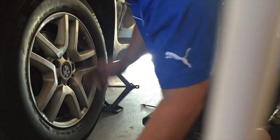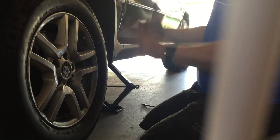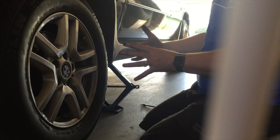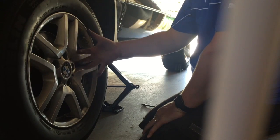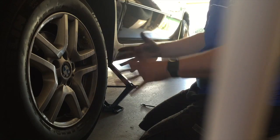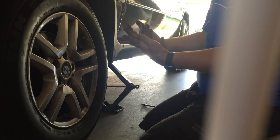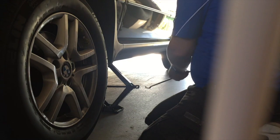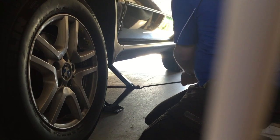So they're up tight. Now here's the special tip. If you go down all the way and put the full weight of the wheel onto the tyre, if you don't have it quite up flush and flat, you know, it can be a little bit of muck in there, or a bit of a burr or something like that. Because the full weight's on, as you tighten it up, you may not pull the wheel in flat. So here's the special tip. Just lower the jack down